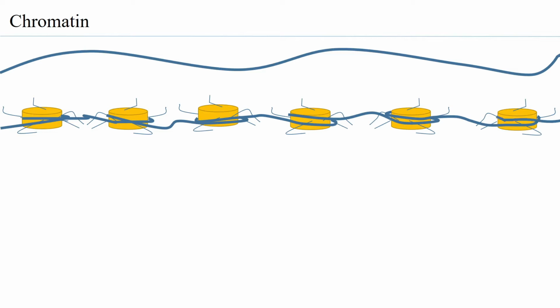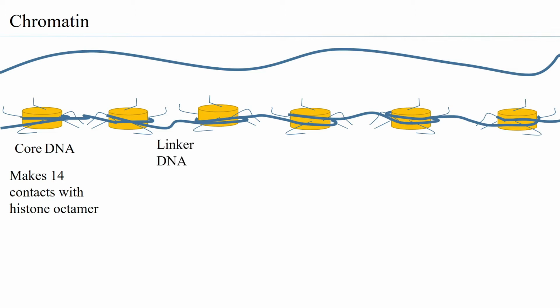And the DNA basically takes about 1.65 turns around one nucleosome, and that turn comprises 146 base pairs of DNA. That part of the DNA that is wound around the nucleosome is what is called the core DNA. And it has been noted that approximately 14 contacts are made by the DNA with the histone octamer. Therefore, this histone or nucleosome DNA interaction is considered to be quite a stable interaction.